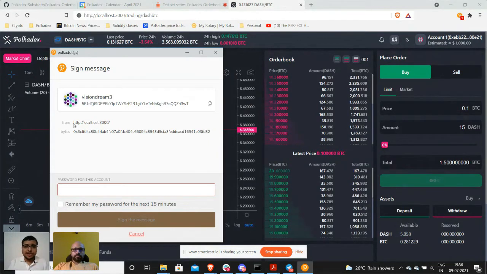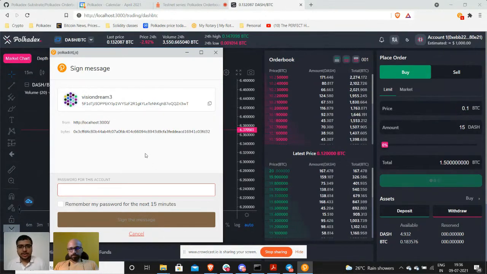Also, you will see that when we release the mobile app to the beta developers, the beta community, for the mobile app you just need to remember a pin. Using the pin, you can sign. You can simply type that pin in, and you'll be logged in using your private key that is stored in your phone, just like the Polkadot.js extension.